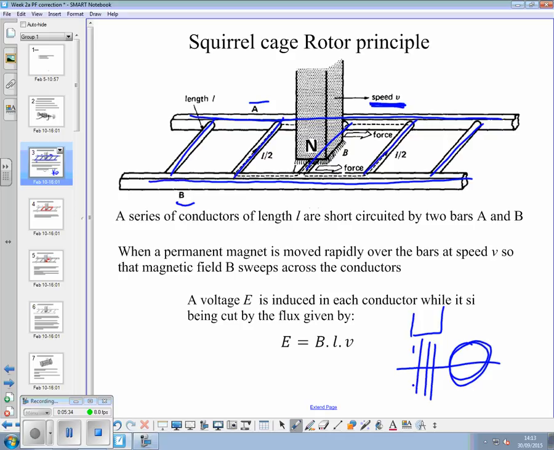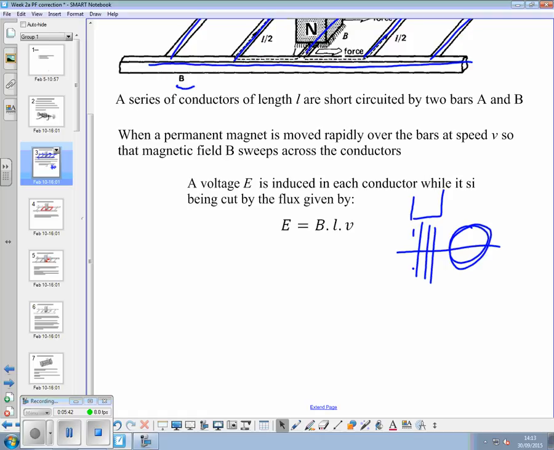So that's what we do. In doing that, because what will happen here, just extend this page, let's have a look at this. If we look at this conductor, we've induced a current in it. Let's say we've got a current going into the board. That would mean that we'd get a field around that conductor that's got some direction